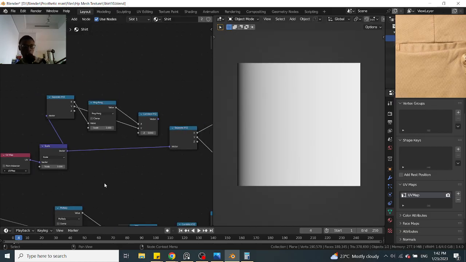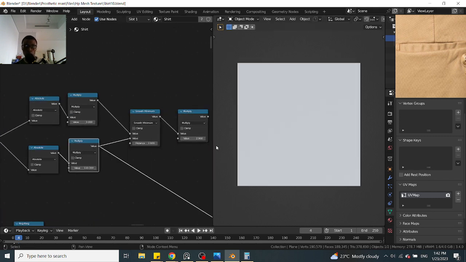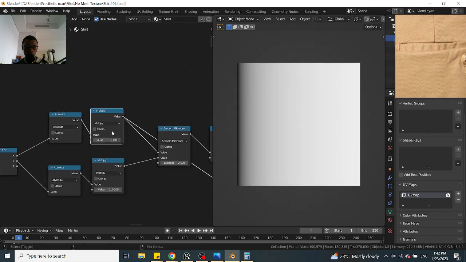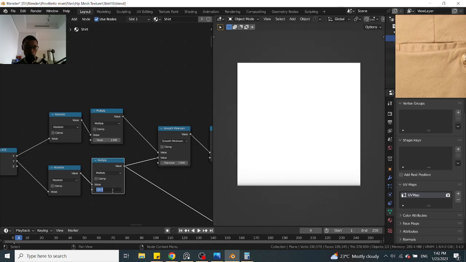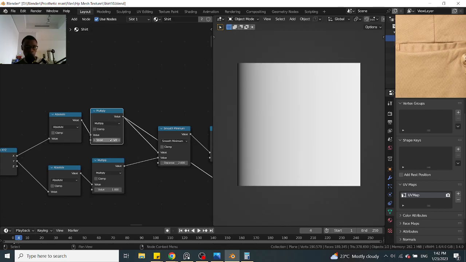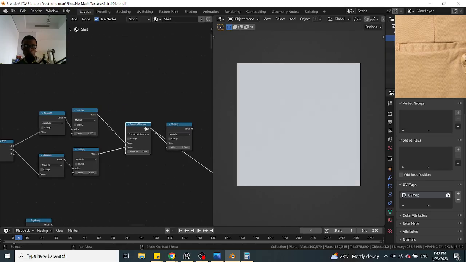I'm gonna try to use this, and from this, I'll use whatever it is. So I have these two, right? And I can leave this like this. So when I combine these two,